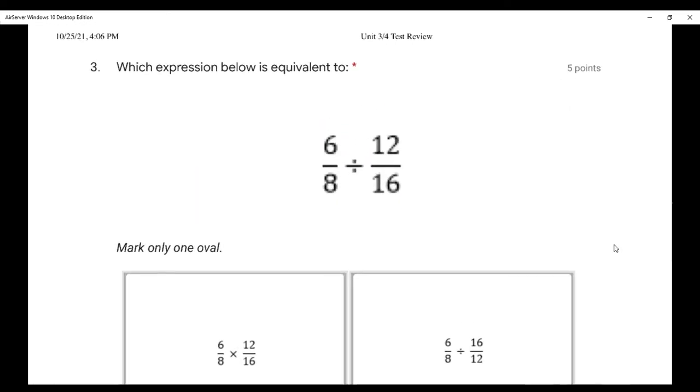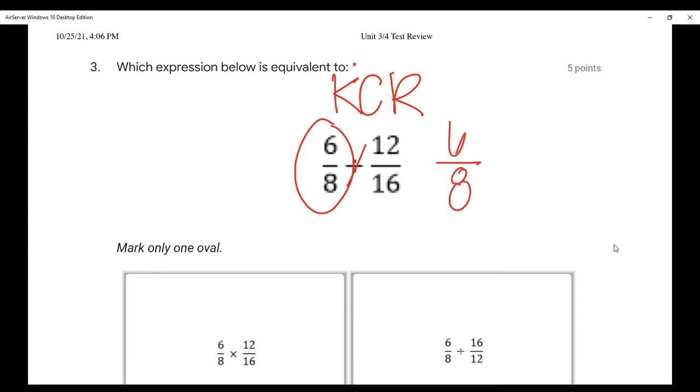Okay, next. Which expression below is equivalent? So same thing. We're going to do keep, change, reciprocal, or keep, change, flip. Keep 6/8 the same. Change the division to a multiplication. I'm going to use the dot. And this time I'm going to use the X, so I just can't get it right. And then 12/16, we're going to flip and do